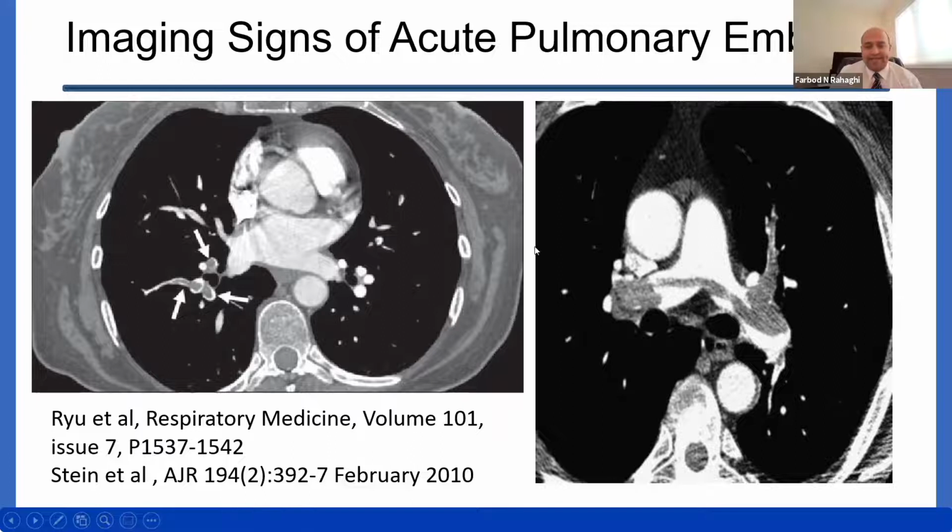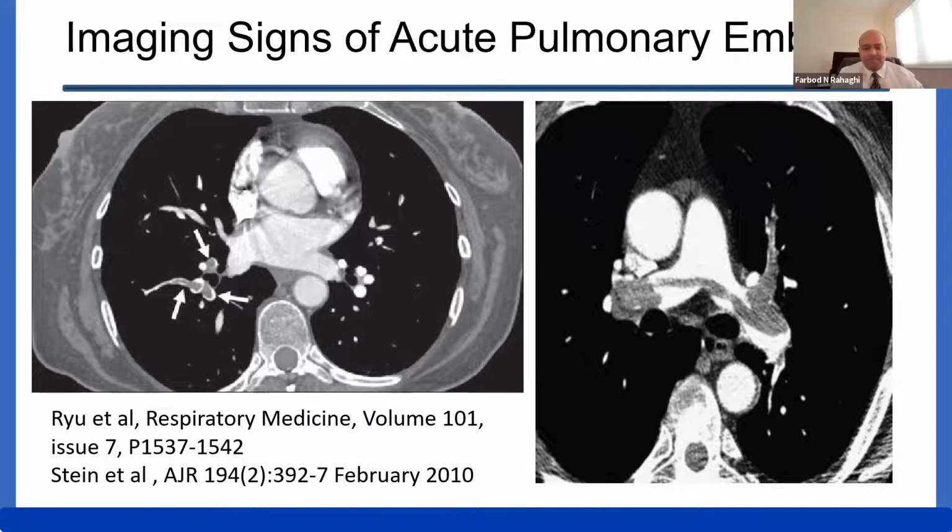And what you see is the pulmonary artery here. So this is the pulmonary artery to the right. It's this inverted Y-shaped structure. But instead of being fully white, like this part is, you can see these long, dark gray streaks. And in fact, this piece of the artery that's coming out is almost completely filled. Here, you can see these circular arteries, and if you look in the sides, you see the contrast flowing around what looks like something that's stuck in the middle, those dark spots, and those are clots. So you can see that the contrast is flowing around these clots that are kind of lodged in the middle